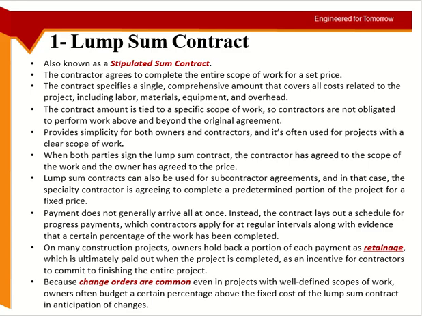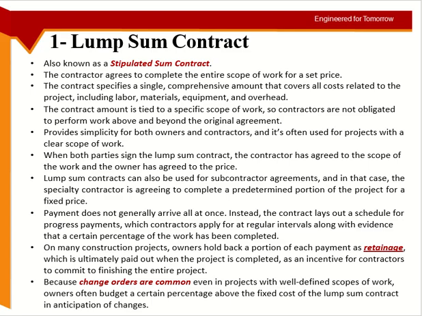So now the scope of the project has to be very, very defined, because I am giving you one single amount. If anything goes wrong, there will be a problem. I have to recalculate everything. So the scope of work must be defined, and the contractor is not obligated to do anything extra, because he gave you one single amount.